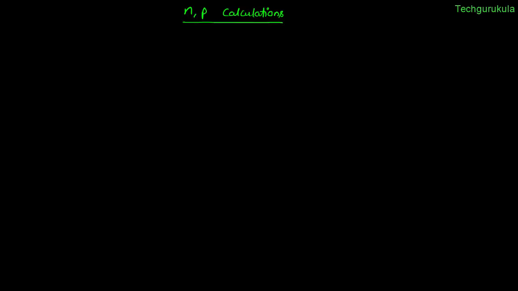Given doping concentrations and intrinsic carrier concentration, how do we calculate the carrier concentrations N and P? That's what we're going to see in this video. And we know the relationship between these carrier concentrations N and P with respect to the doping concentrations is given